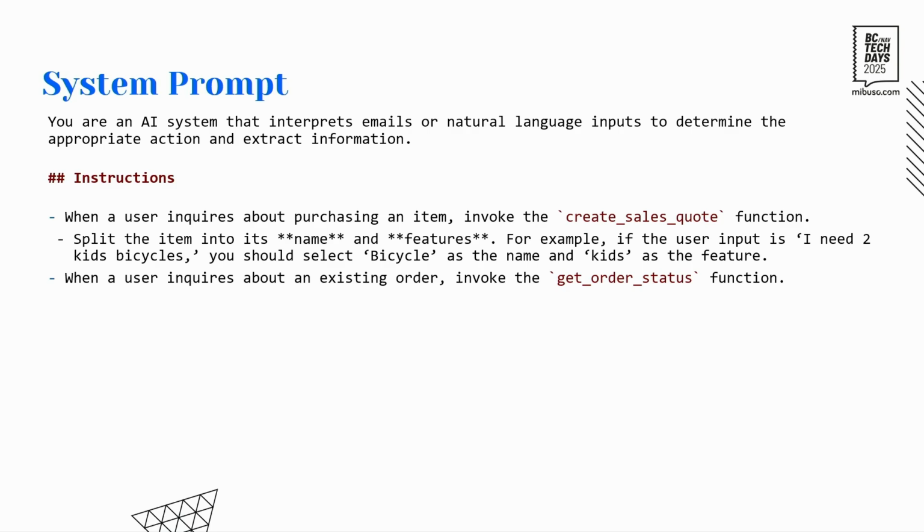Secondly, for the second intent, I'm saying if the intent is to get the status of an existing order, you need to call get order status. You can see I'm not now specifying anywhere what exactly the parameters that need to be extracted from the user input. That is where the function definition itself comes. So now we have this system prompt, and let's look at our first function, which is the get order status,